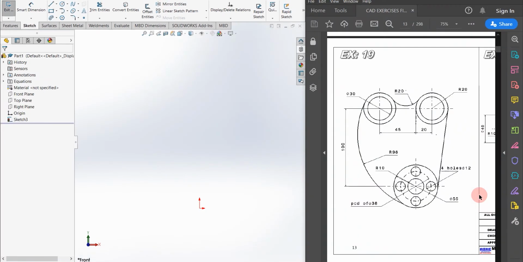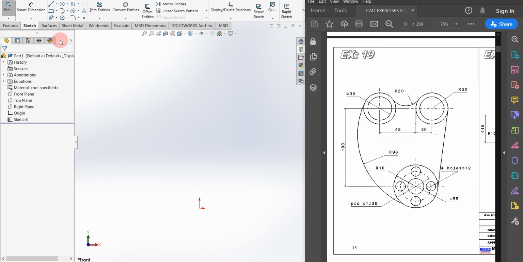So for your better understanding, I am going to sketch a component which you can see on the right side of the screen. First of all, there is no specified or fixed way to draw a sketch. You can draw a simple sketch using various methods or multiple methods. I'm just sketching this component for you to understand the relations and geometries we just learned in this video and how to use them properly.